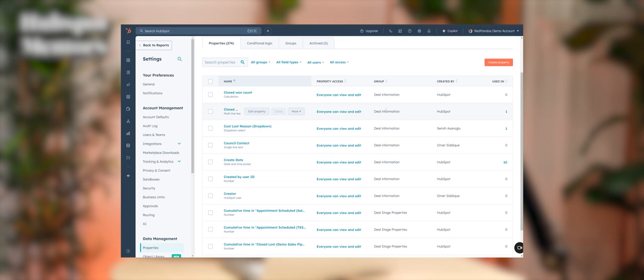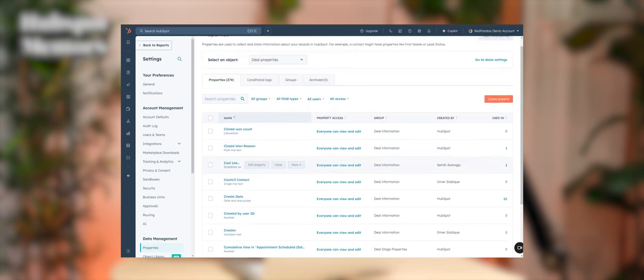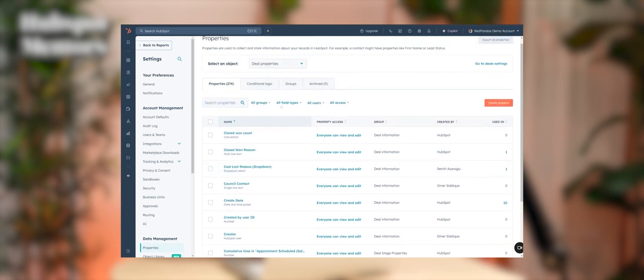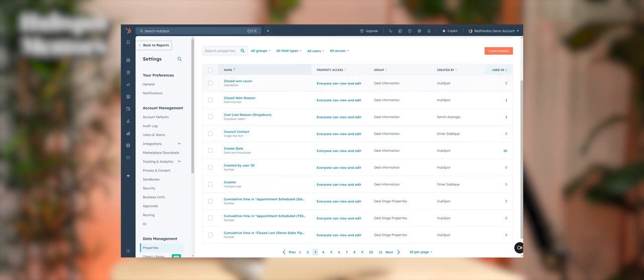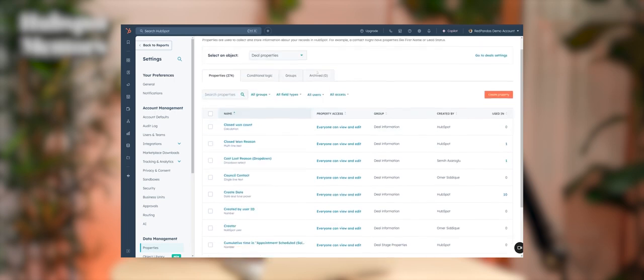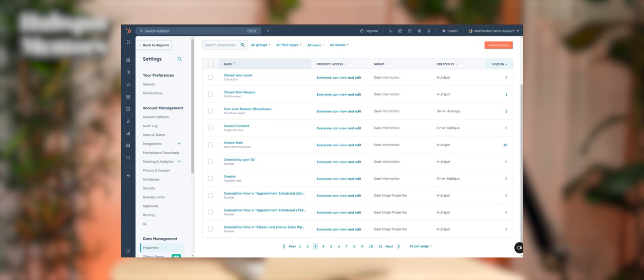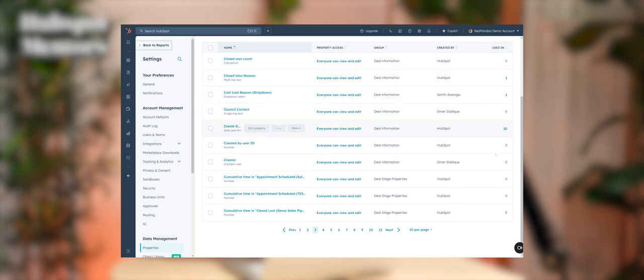Just click on any property, but before you do that, there's a couple of things I want to show you. In the list of properties, you can already see there's a "used in" column. You can see where they're all used and what that looks like. It gives you an indication of where all these properties are being used. But one more thing: if you click on, for example, create date, which is a useful one,